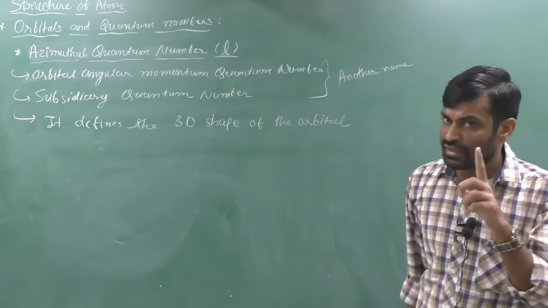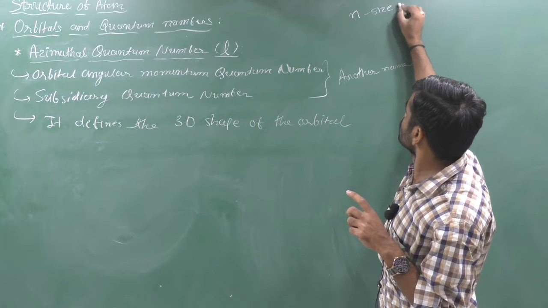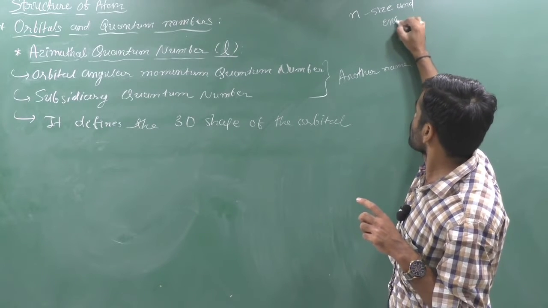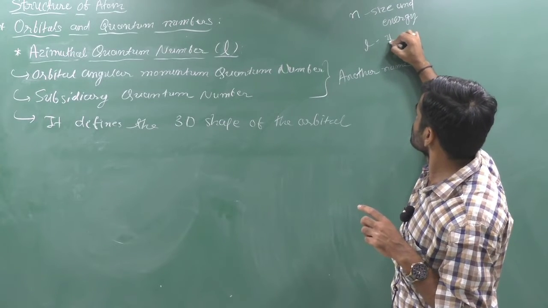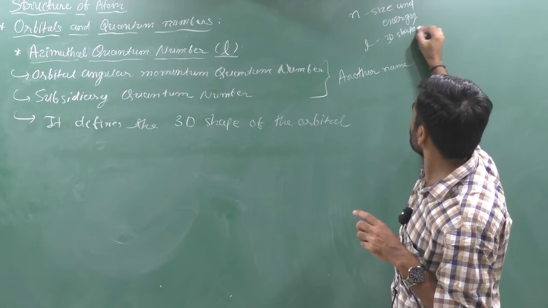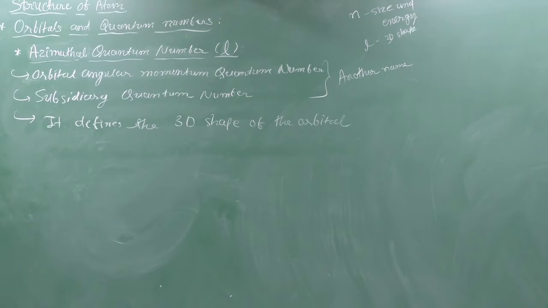What will n give you? n, the principal quantum number, gives the size and energy of the orbital. L gives the 3D shape of the orbital. The 3D shape of any orbital is known with the help of the azimuthal quantum number. Clear? For a given value of n, L can be